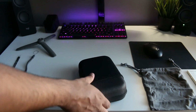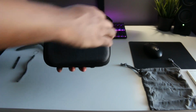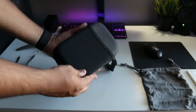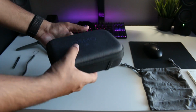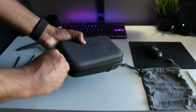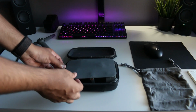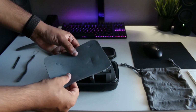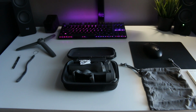Now let's take a look at the Osmo and the travel case. The case has a nice and subtle Osmo branding, and there is a pouch on the back of the case that can hold the charge cable, and maybe you can even squeeze in the tripod. I wouldn't recommend doing so, but if you need to store the tripod somewhere in a pinch, you probably can back there. There's some protective material around the gimbal, seems like a very thin foam,